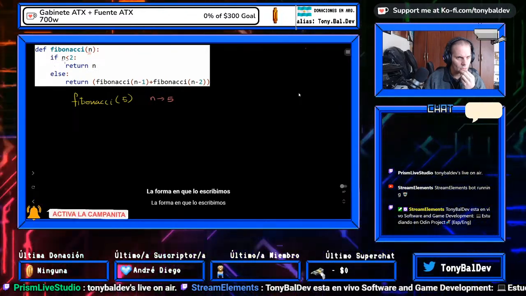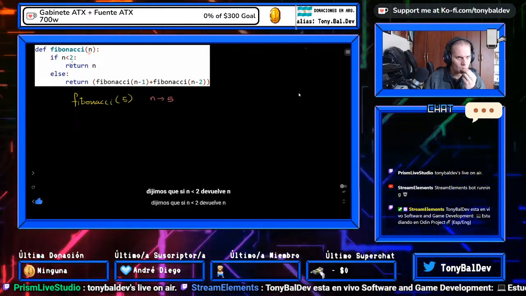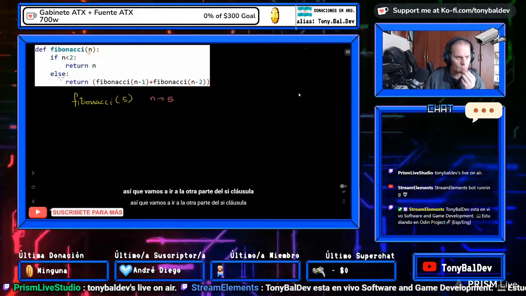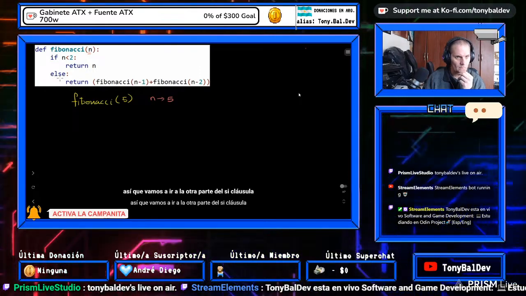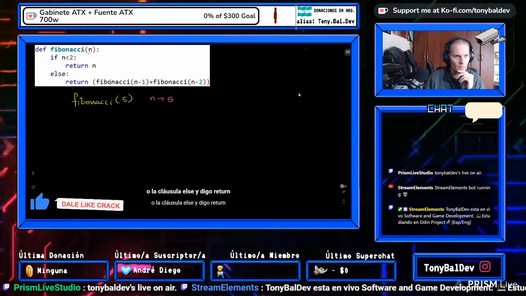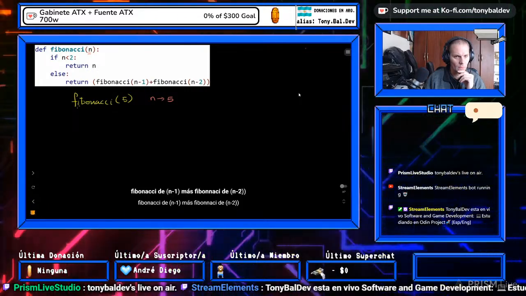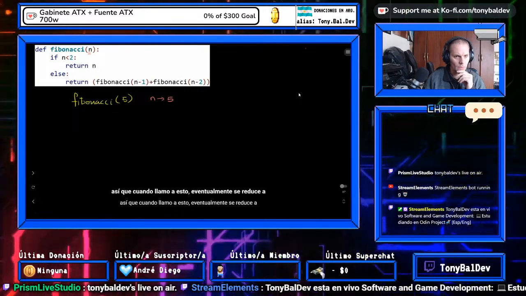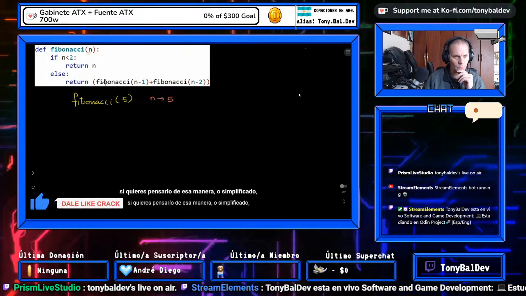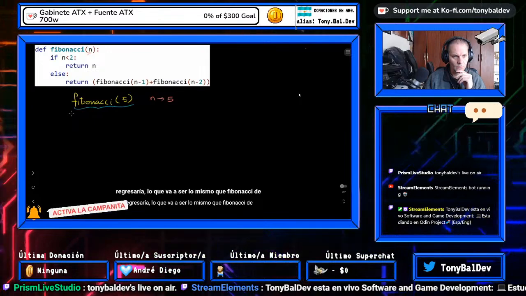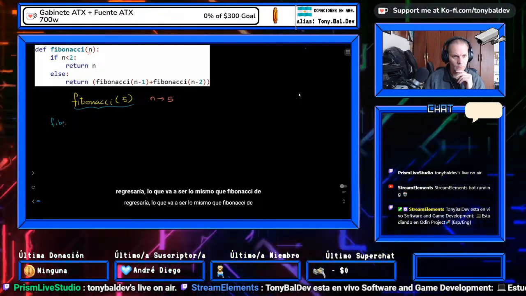And the way we wrote it, we said if n is less than 2, return n. Well, 5 is definitely not less than 2, so we're going to go to the else part of the if clause, or the else clause. And we say return Fibonacci of n minus 1 plus Fibonacci of n minus 2. So when I call this, it's essentially going to be reduced, if you want to think of it that way, or simplified, or I guess it would return. This thing is going to be the same thing as Fibonacci